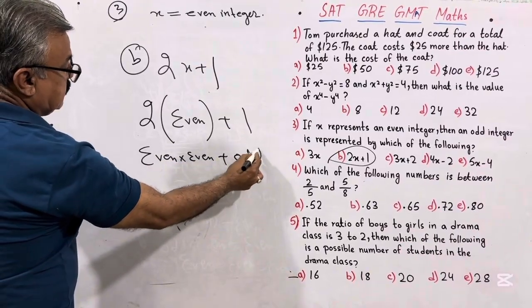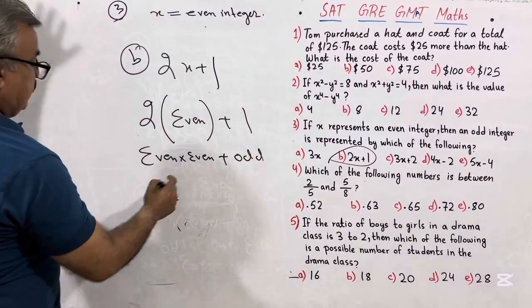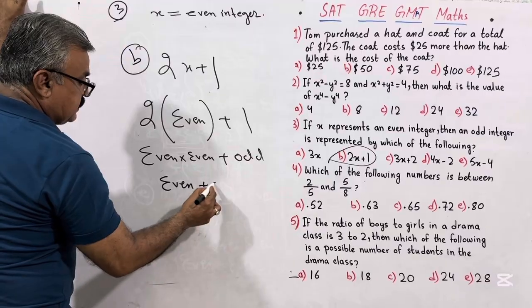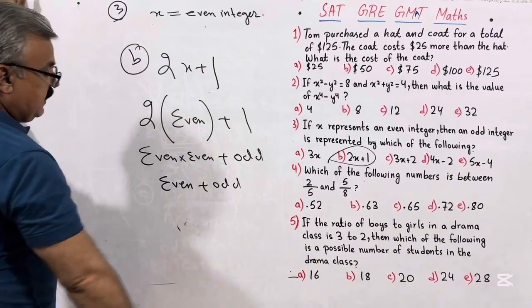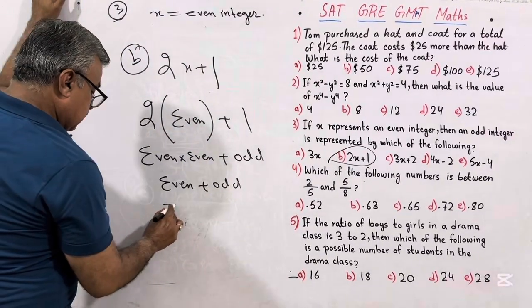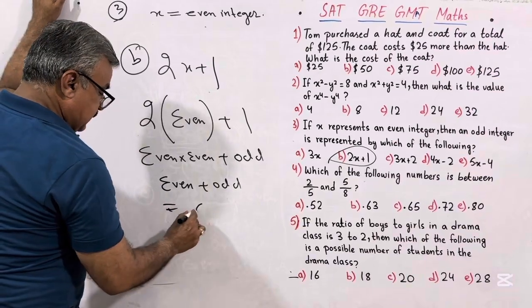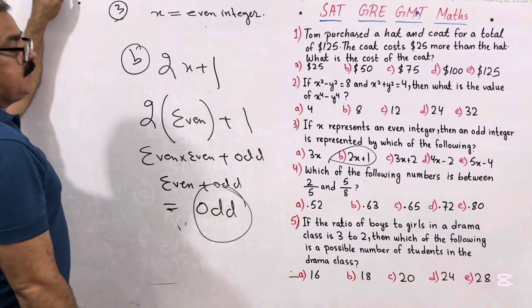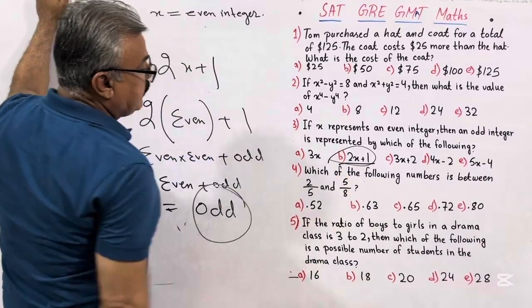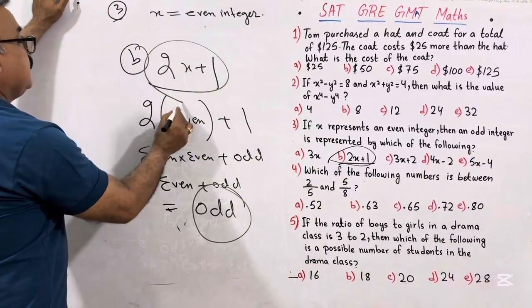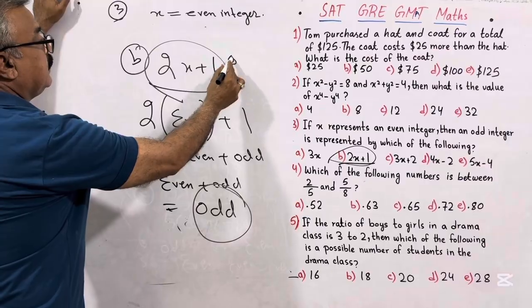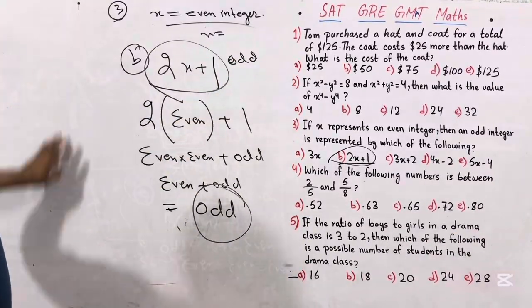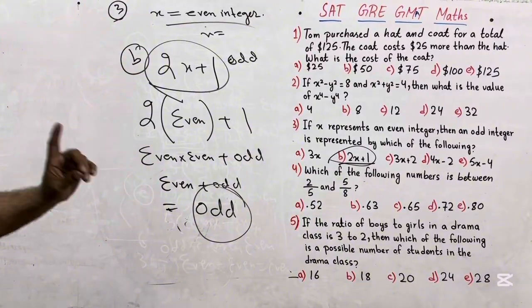1 is odd. Even times even is even. Even times even is even plus odd, and the sum of even and odd always results in odd. So our option B is the right option. 2x plus 1 represents an odd number when x is even. Moving towards the next question, we have